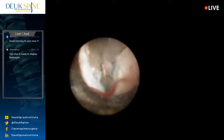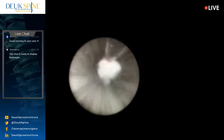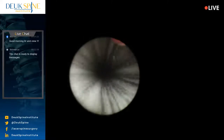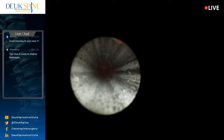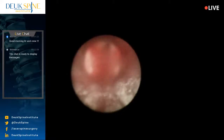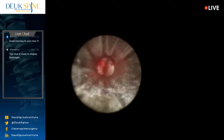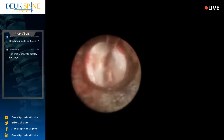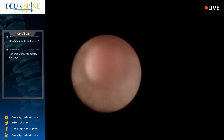Your disc. We're not going to be implanting anything. We're not going to be fusing bones together. This is a natural repair of a herniated disc, and it's the least invasive of all surgeries. It has the very best outcomes. Better than ACDF, better than artificial disc. Okay? And the reason it does is